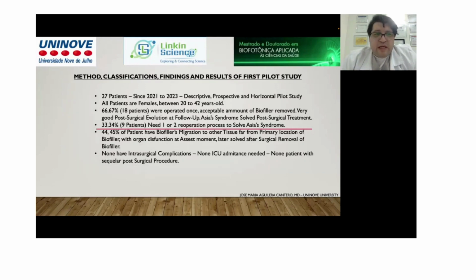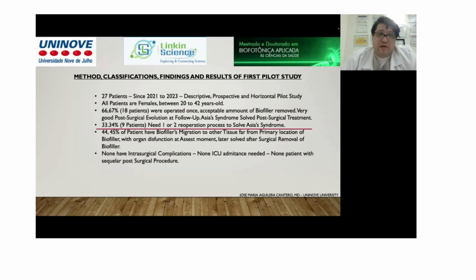So we analyzed 3 years of cases of 27 patients, all females. 18 were operated just once, in one surgical time. An acceptable amount of biofiller was removed. We're talking about over 400 cc up to almost 1 liter. Very good post-surgical evolution, and all the symptoms